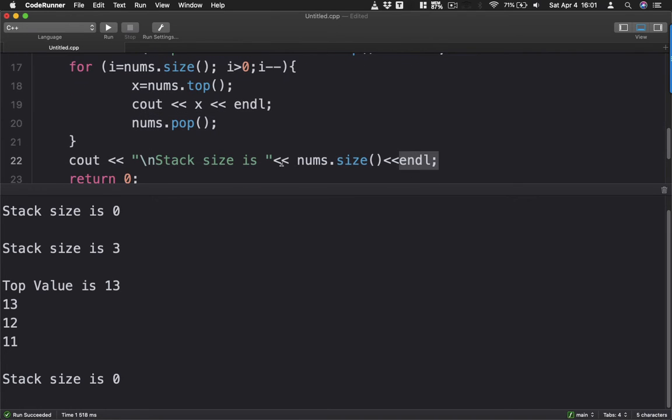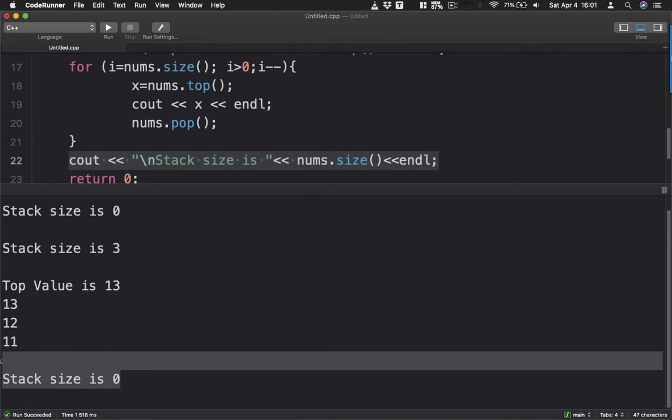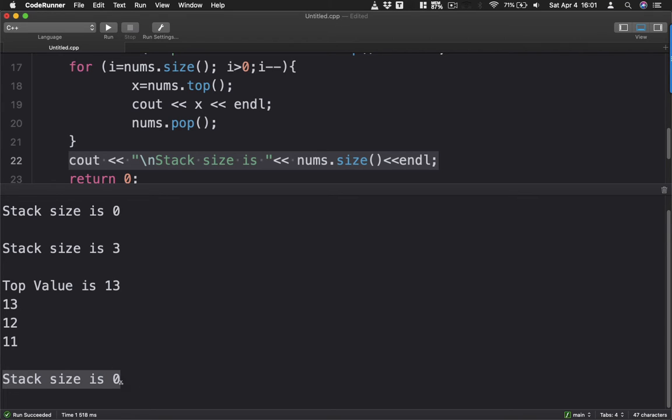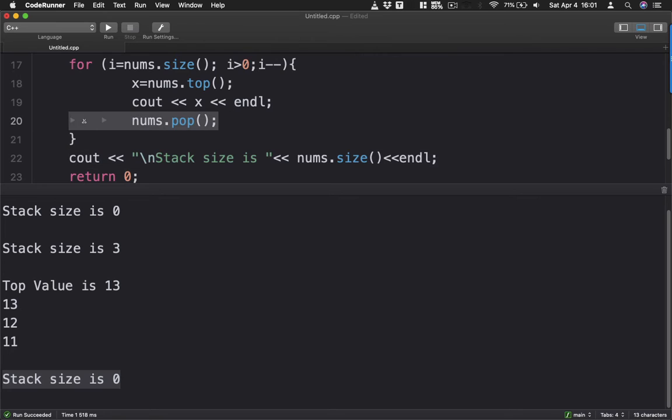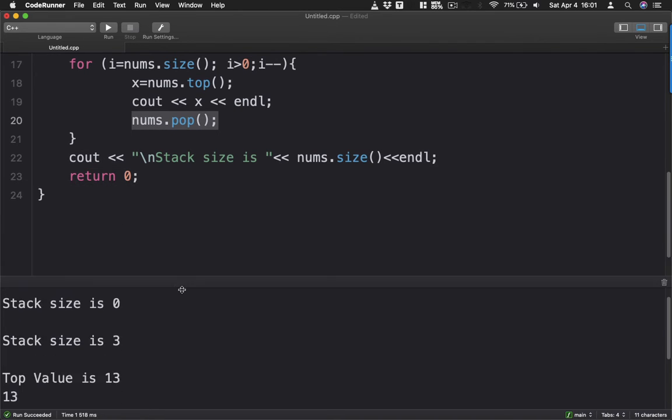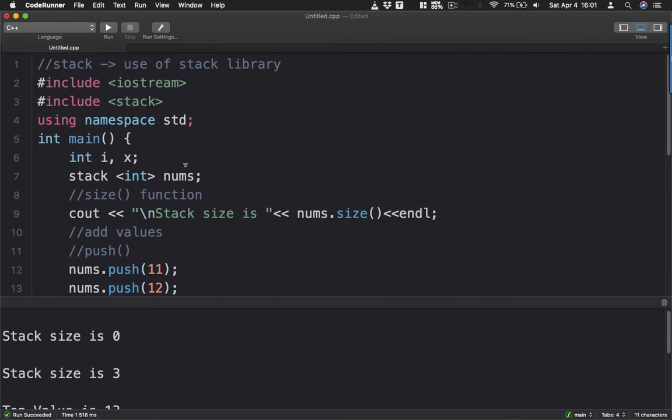Once we reach this part, it also displays that the stack size is 0, because we already used here the pop command. So here's the implementation of an array using the stack